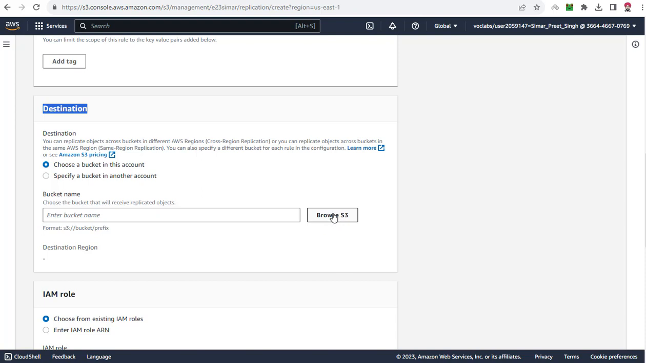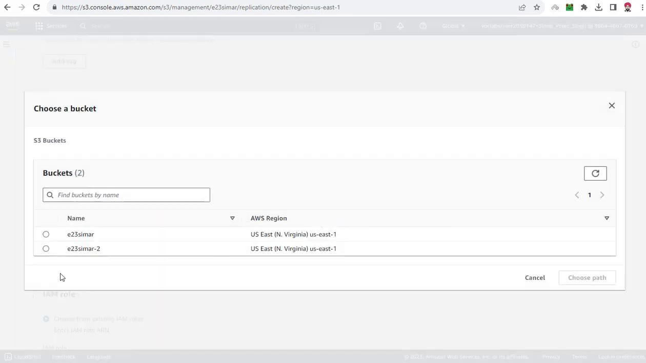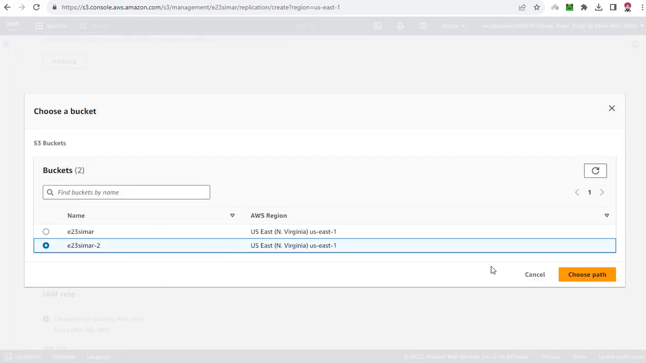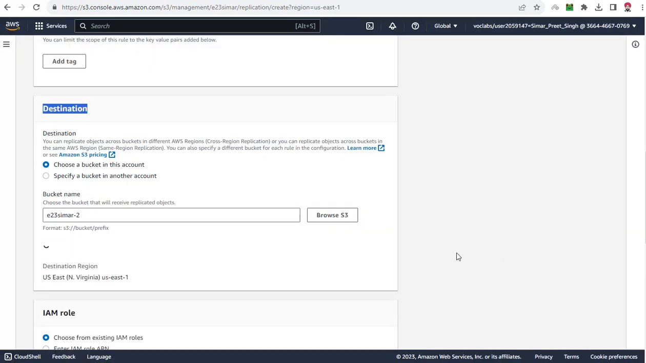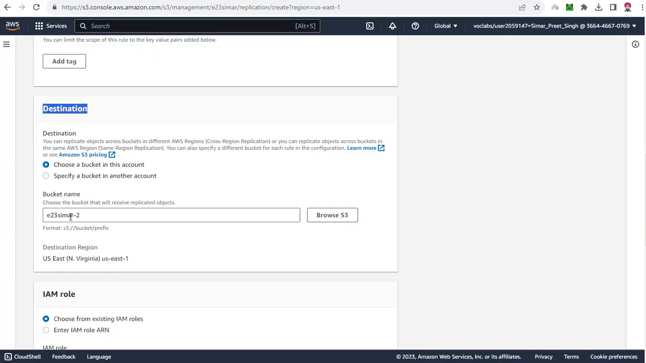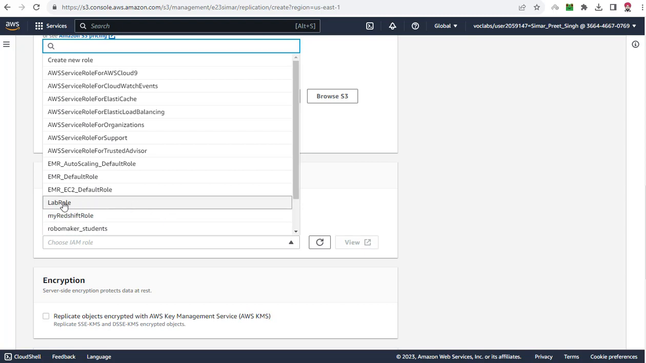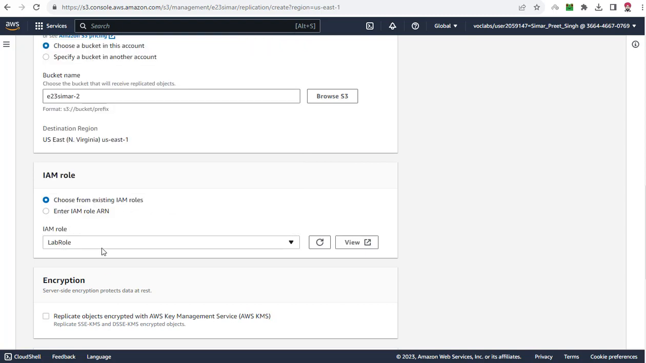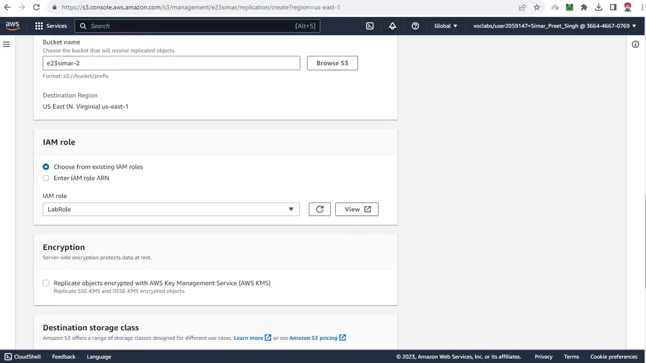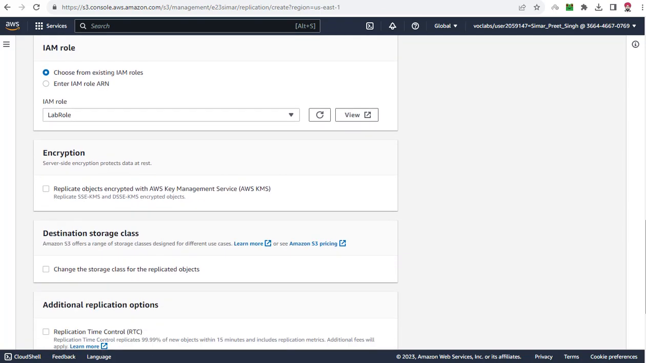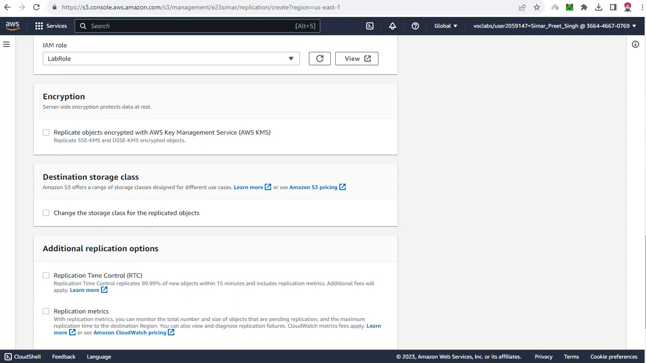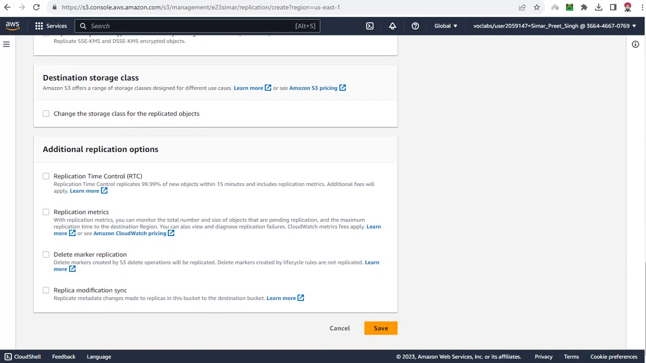To select that particular bucket, I select the option Browse S3. I select this second bucket and choose the option Choose path, so the name of the second bucket will appear over here. For the IAM role, I select LabRole, as this lab role contains the permissions for the S3 buckets. I keep all other options as default and click on Save to complete the